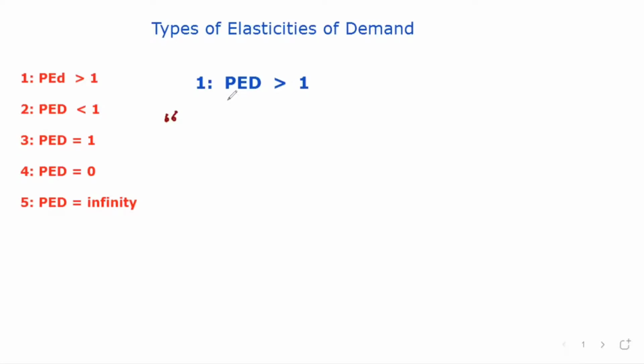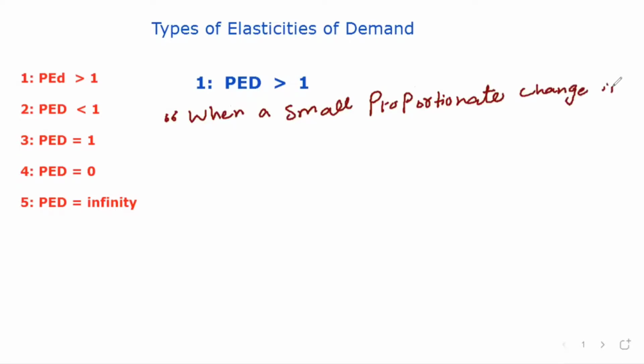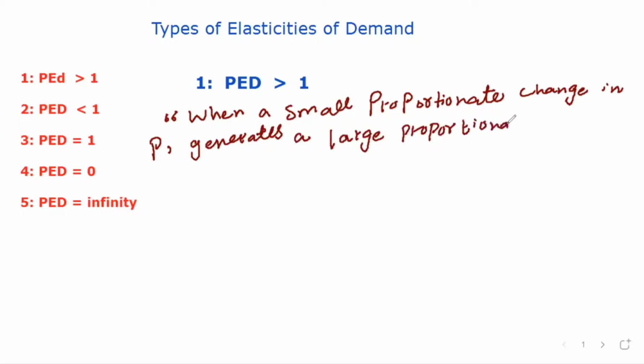When a small proportionate change in price generates a large proportionate change in quantity demand,